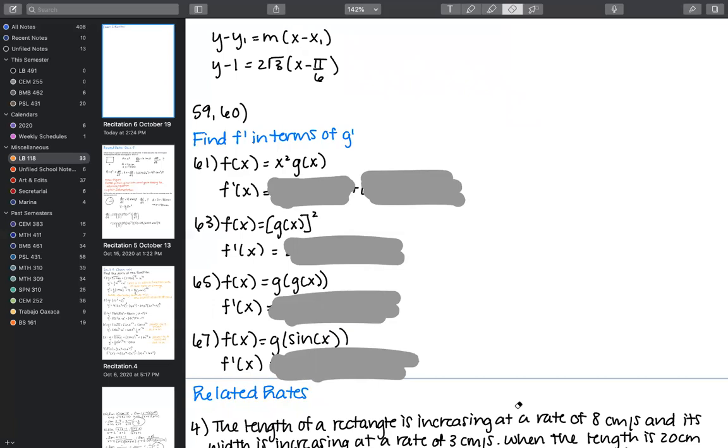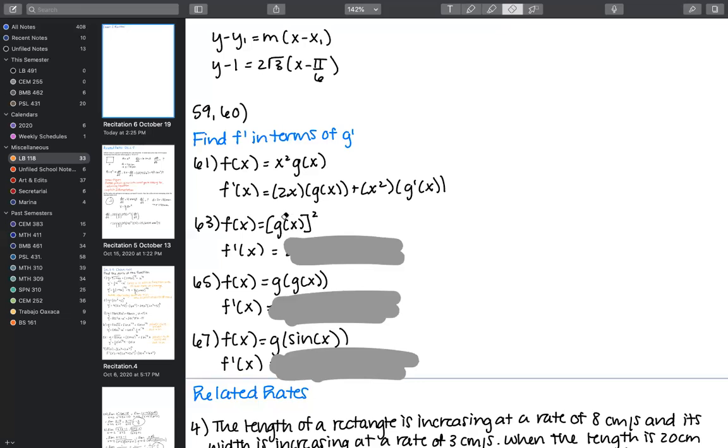So as far as these go, we're just going to be talking about product rule and compound functions and things. So we have derivative of the first, 2x times the second, plus the first times the derivative of the second. The only thing to note about these problems is that x squared is a function, so is g of x. And we're just not going to tell you what g of x is, and we want you to conceptualize what these derivatives would look like. And so it would just be a product rule problem, derivative of the first times the second plus the first times the derivative of the second.